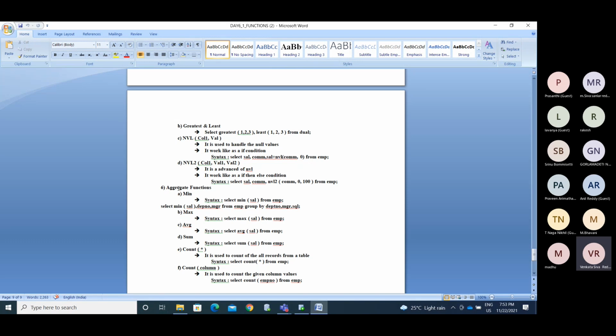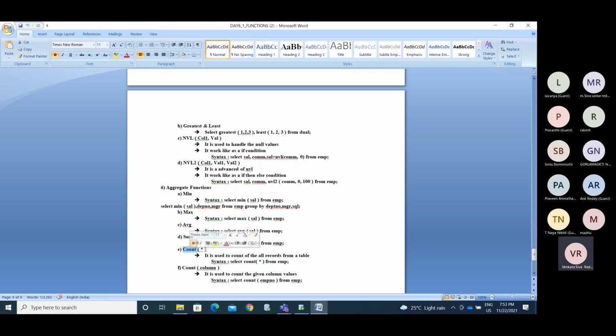If we want to find out how many people we have in that particular group, we'll use the count function. We have only 5 functions here. Minimum, we'll use the min function. Maximum, we'll use the max function. Average, we'll use the AVG function. Sum function. Count is a function to count the number of rows or records.